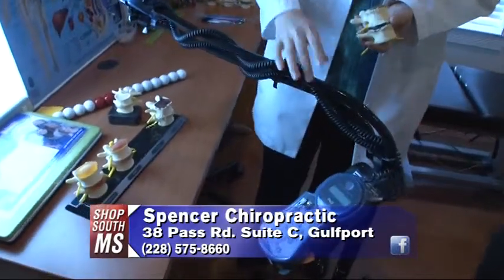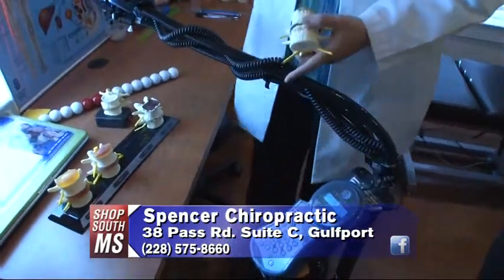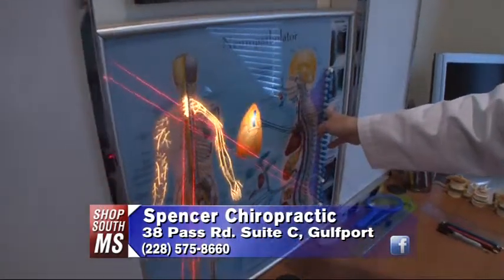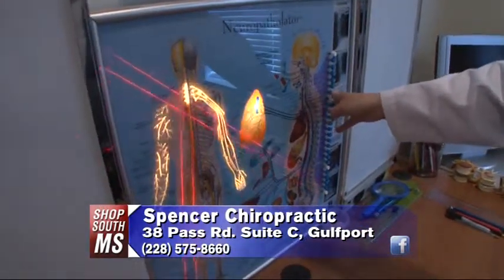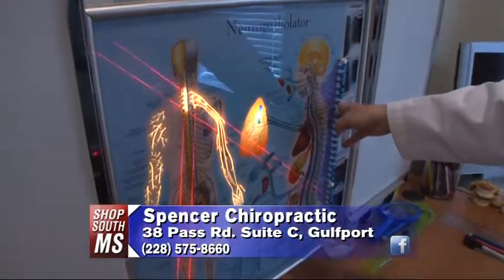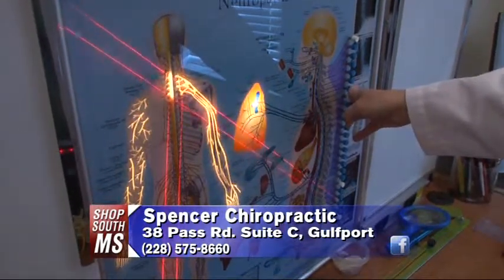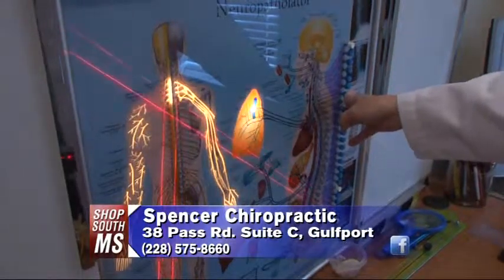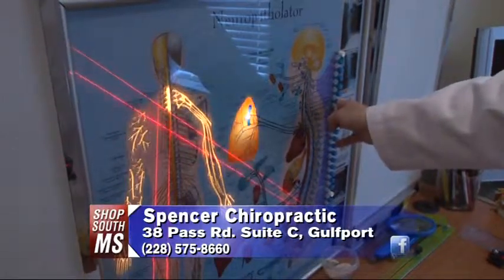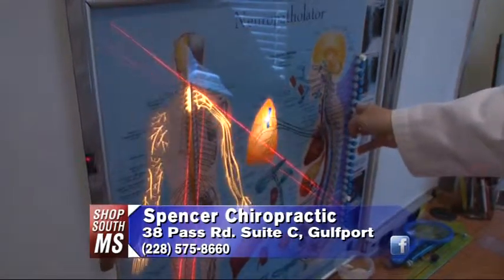And what we do is we place it on the area of the body. Say, for example, a patient is going to have an irritated nerve coming out of their neck. So what we would do is we would point this on those irritated nerves right there, and this would allow the nerves to heal much faster than the body could do that by themselves. It does that by speeding up how fast the nutrients can come in to the cells and the waste products can come out. So that's what we would do for difficult last resort cases, especially those who haven't responded to